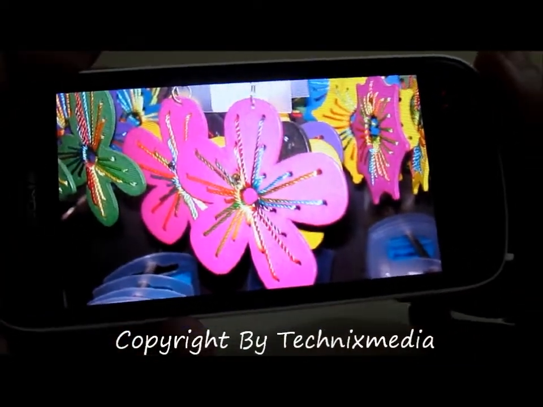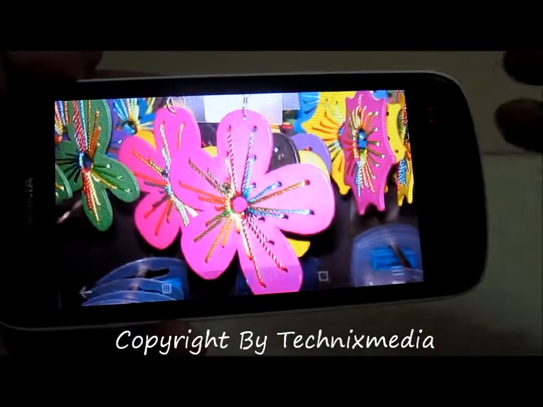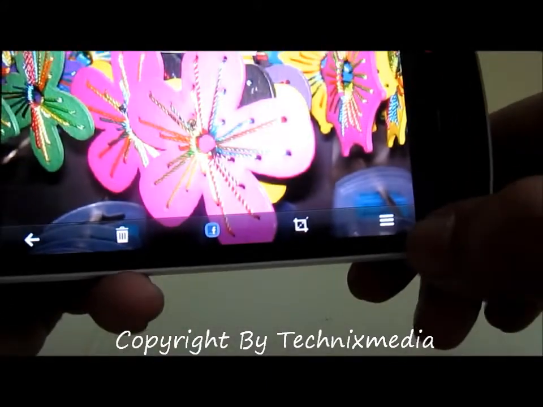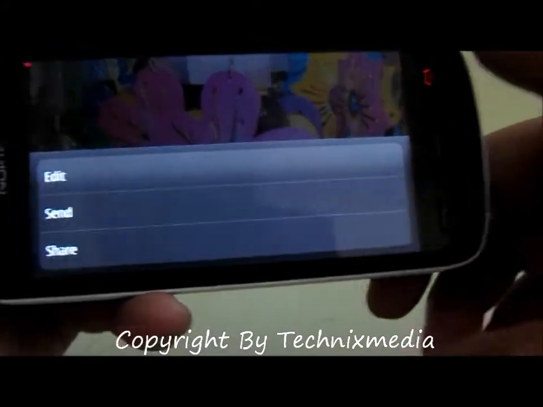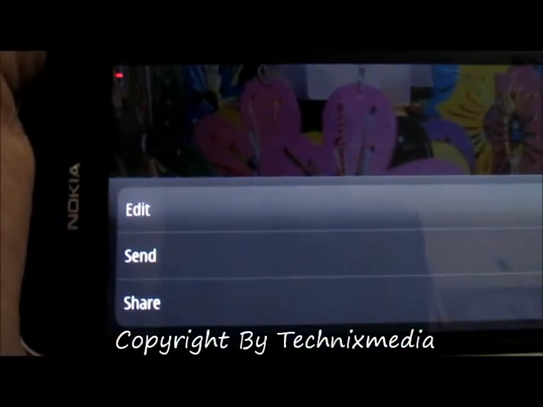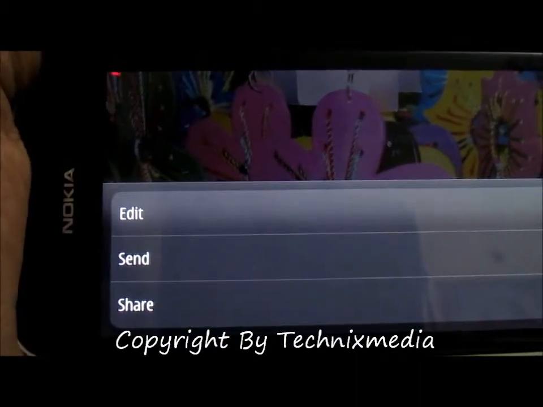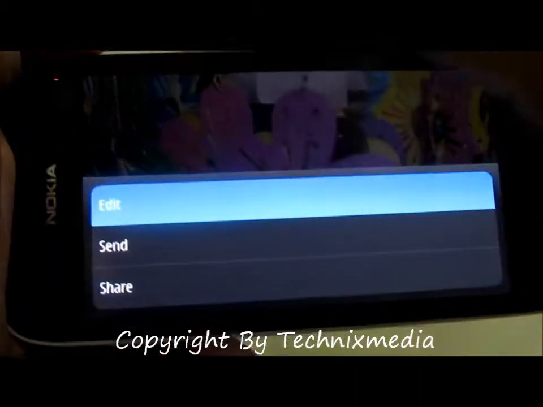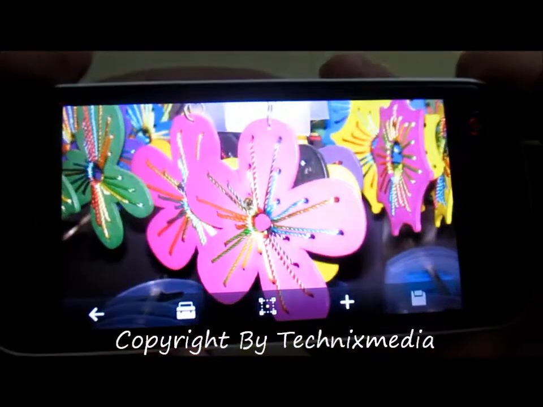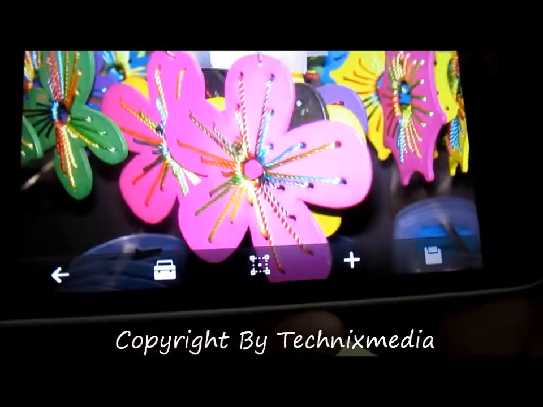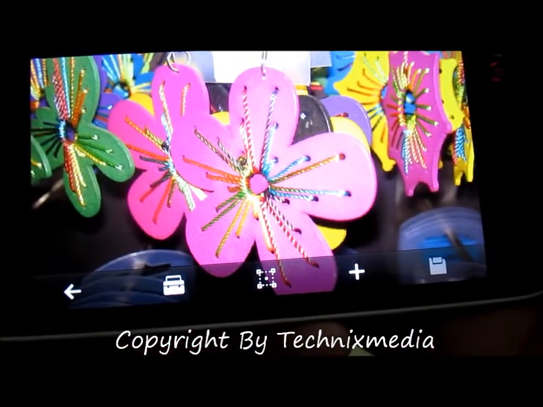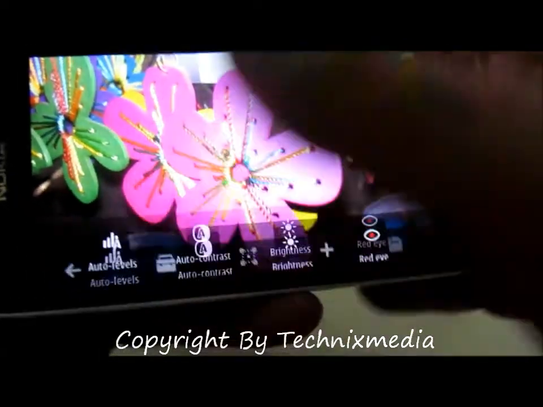Now this is the final image. If I want to do further editing on this image, I can go and hit this option over here, and this will give me the option to edit, send and share. I will select the edit option over here, and once I click the edit thing, I will have some detailed options for editing. That is this one.